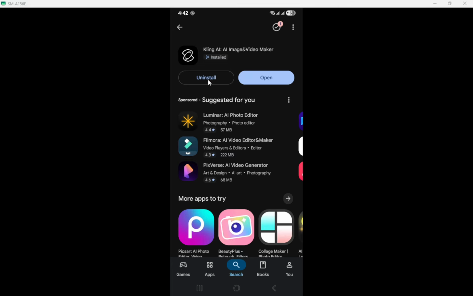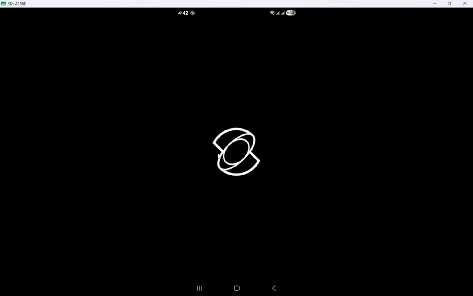Once you're in, here's what you can do with Kling AI. Generate AI videos from text prompts, create brand new AI images, animate your existing photos to bring them to life, and enhance your media with AI effects and editing tools. Start with a simple idea, like describing a short scene for a video or a style for an image, and build from there as you get comfortable.